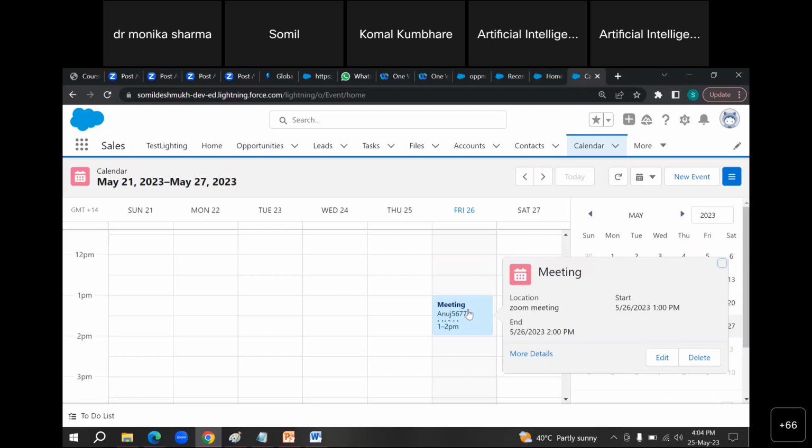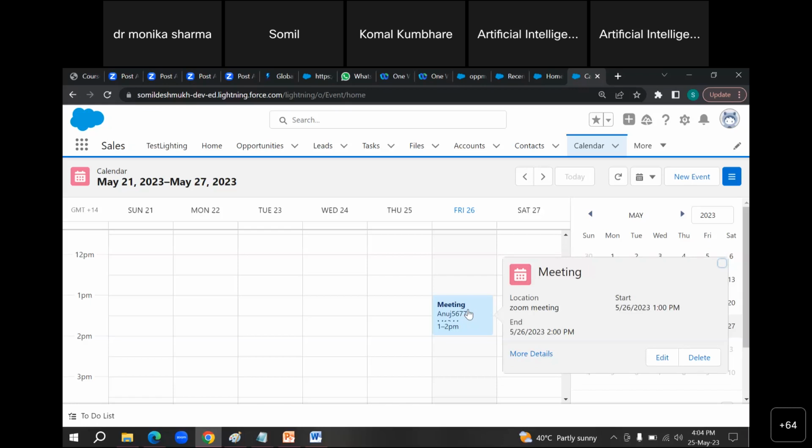Excuse me, sir. Yes, tell me. Sir, whatever we have scheduled was all through mail, isn't it? The meetings, we were setting through mails. Is it possible to get these meeting alerts on phone? Is there any option for connecting it to our phone number, message, or something like that? Yeah, there can be. See, we are using a free version.